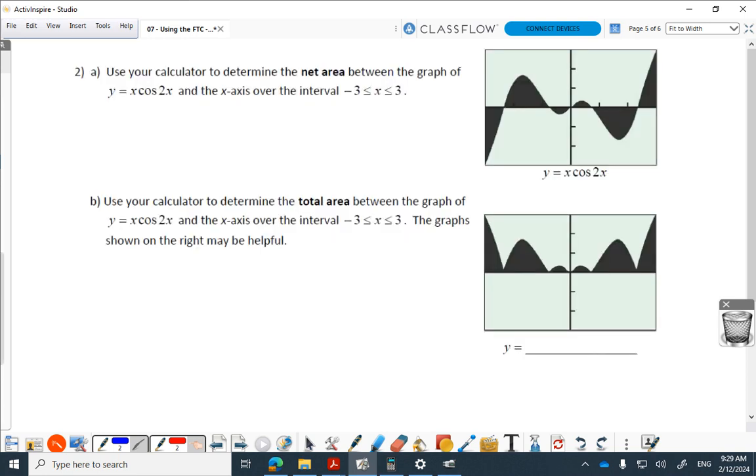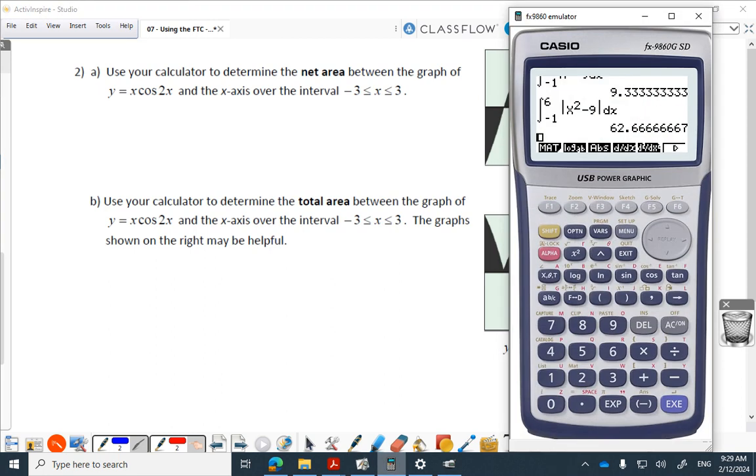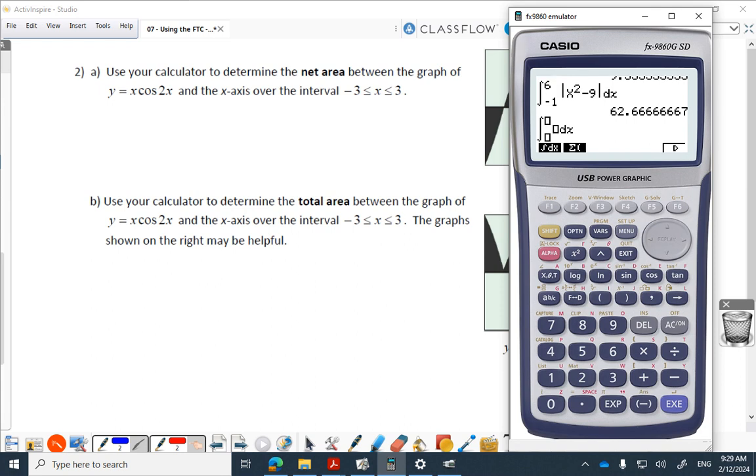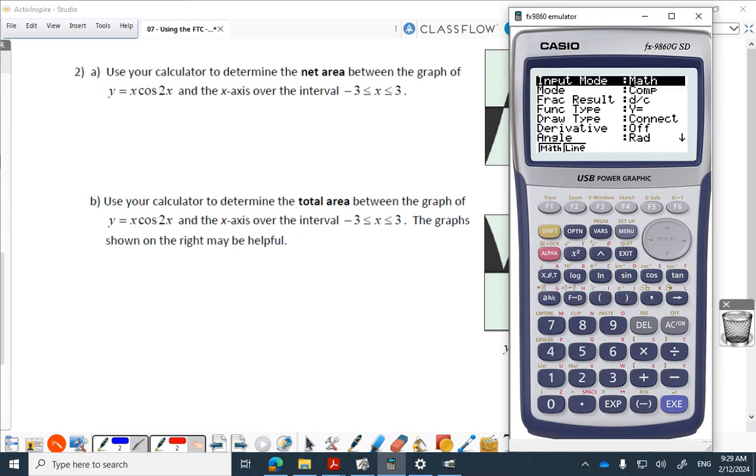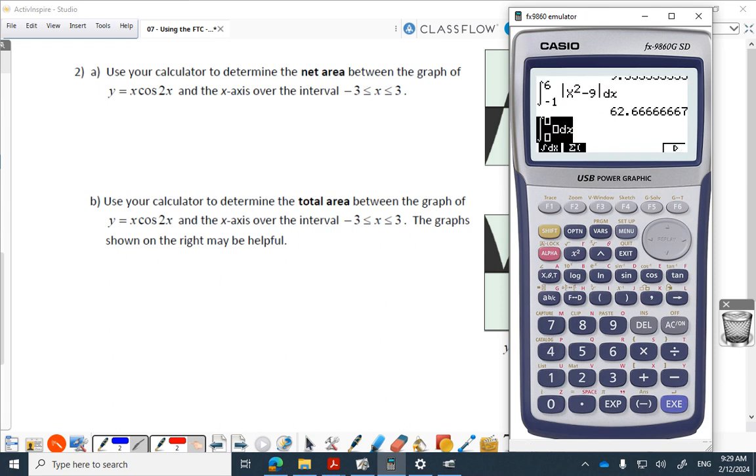Okay, so a couple calculator questions. Use your calculator to find net area of this graph between -3 to 3. And I've given a version of the graph here, but I want you to see this one more time, this interesting result, so you're not surprised by it when it happens and you understand what it means. This says integral, let's just check if I'm in radian mode. Yes, I am. Integral, not that it actually matters this time, but x cos 2x, which is an integral